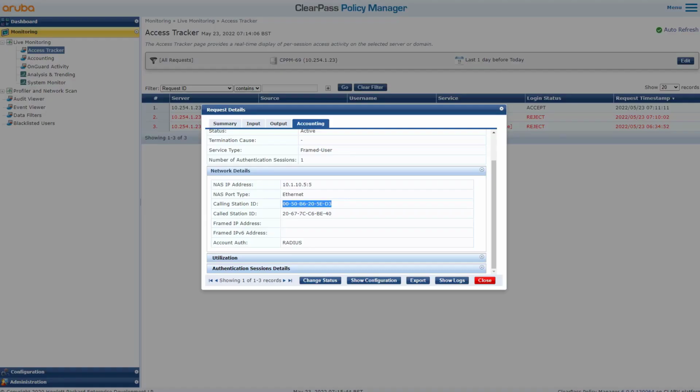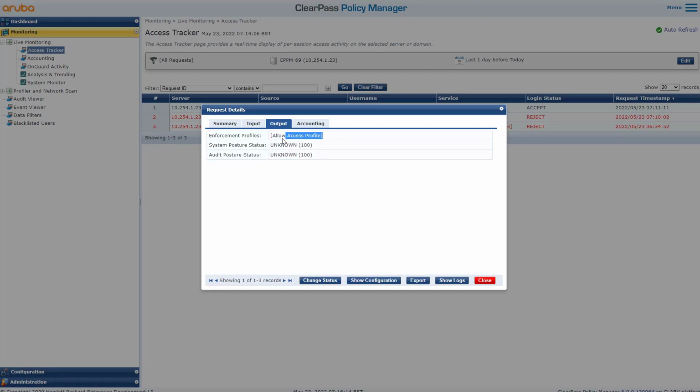And if you look at the ClearPass, the called station ID, the one that is being used to issue the NAS or issue the authentication request, is the switch MAC address. If this was a controller, it would have been a controller MAC address. If that was an instant AP, it would have been an instant AP MAC address. That's a default behavior. Things can be changed, but again, we are not really looking for these things. In the output, you notice the allow access profile,